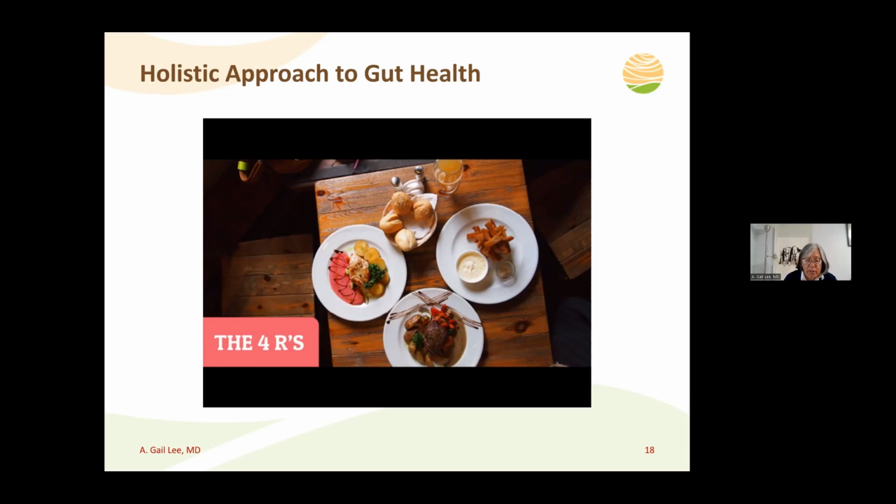The last thing we're going to do is rebalance. And this is the newest step that we've introduced. So what are we doing when we rebalance? Well, we're providing support so that your body is able to undergo these restorative processes. What does this include? So it's going to be mindful eating